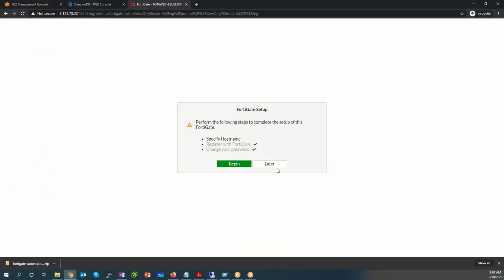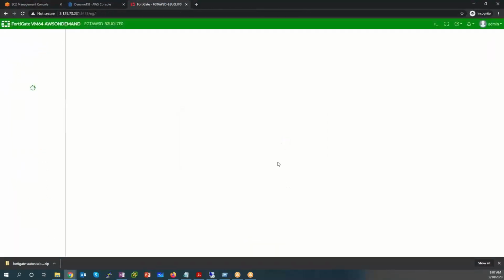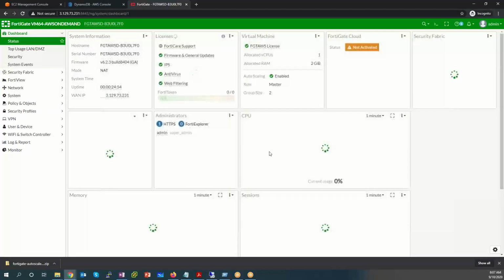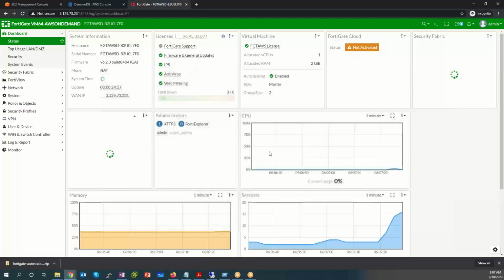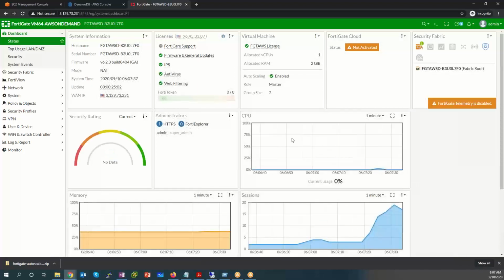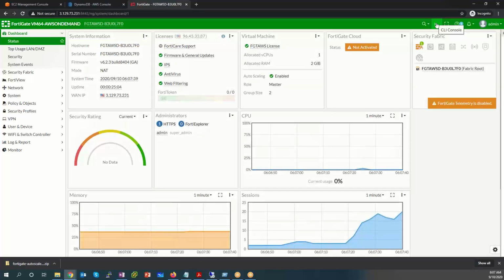I think we should be logged in. We are. Let's go ahead and click later over here. So I'm going to go back to that master FortiGate. Now, when we talk about master here, this is autoscale master. It is a very similar feature to FortiGate Clustering Protocol config sync. Very similar, not identical, not configured the same way, but a very similar feature. If we want to see the configuration commands for it,